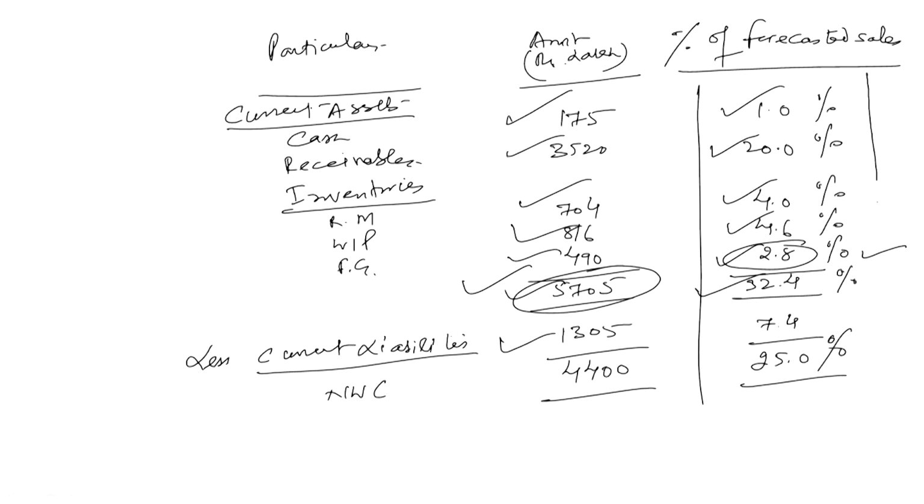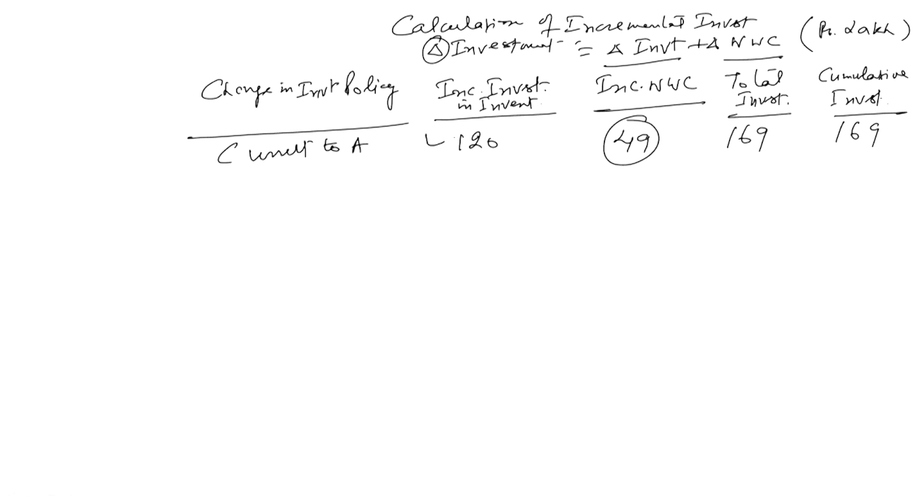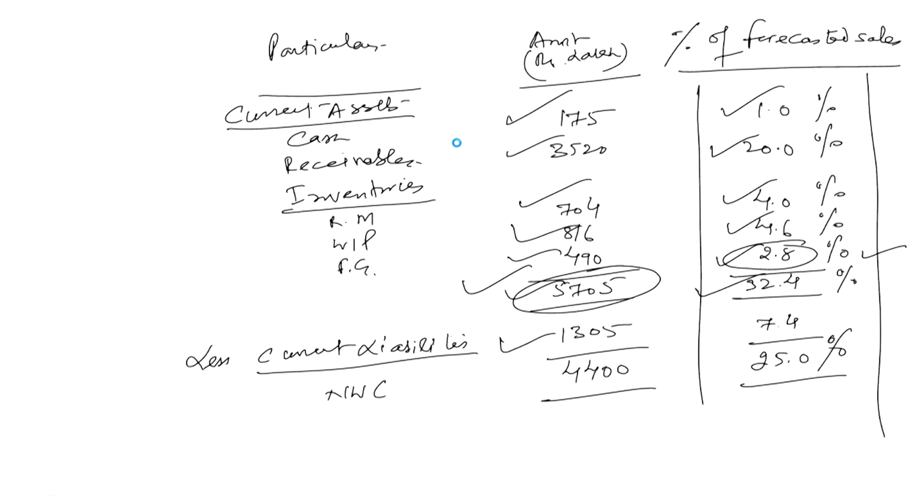Look at this column, finished goods inventory is just 2.8% of the sales. We have already taken the finished goods inventory here, 120, so we will not take it again now. So, it means this 2.8 is taken out. How much is left? The balance left with us is